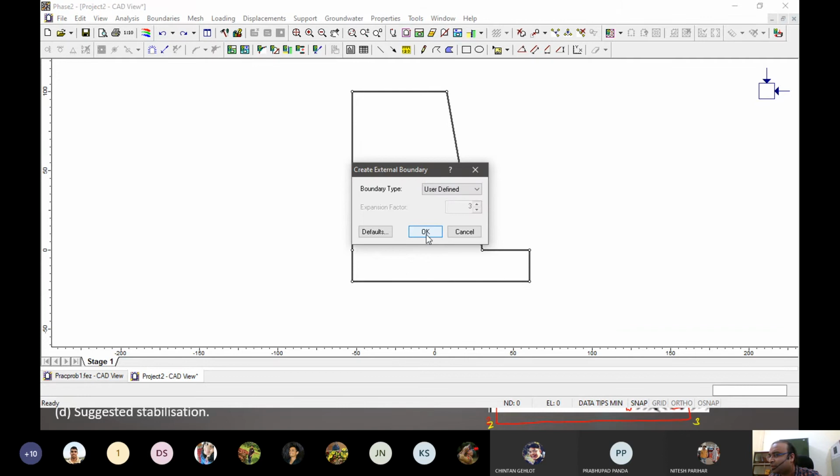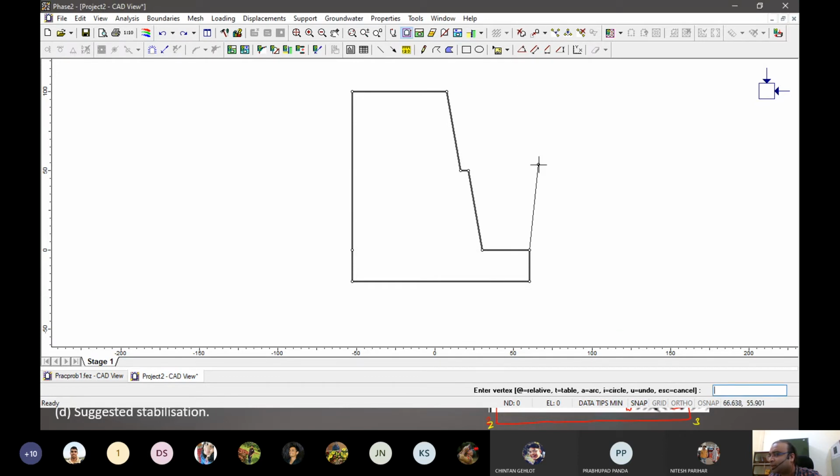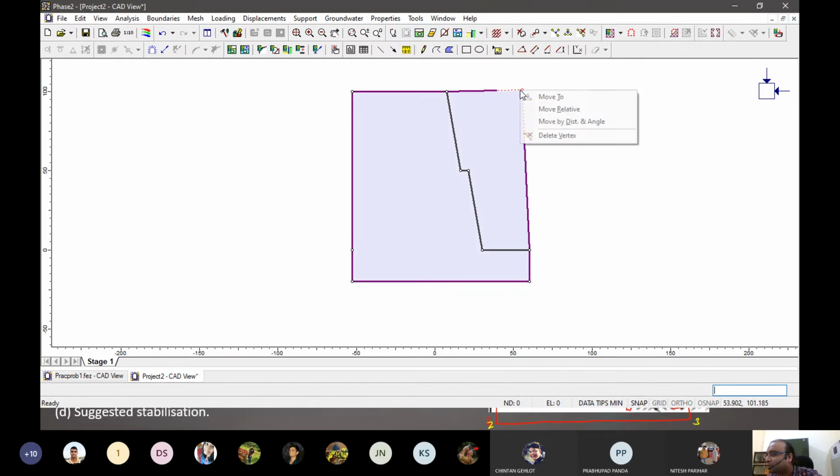User defined, and we can basically make the remaining portion as external wall, external boundary.